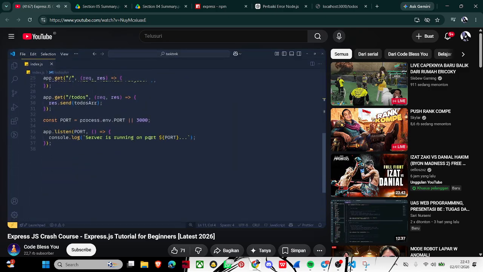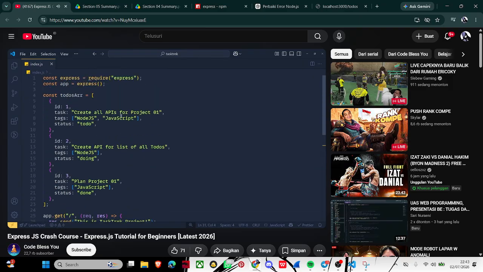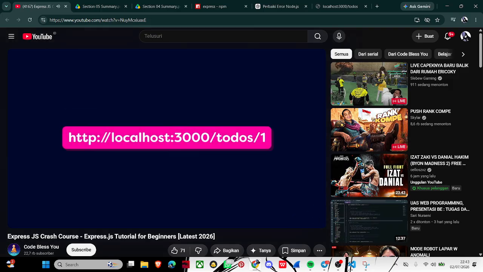Previously, we created an API for getting the list of all to-dos in our application. But what if we need to get the information about only a single to-do, like the to-do with ID 1 or ID 3? For that, we need to pass the ID in the API URL. So our API URL looks like this, /todos/1, which means we want to fetch one